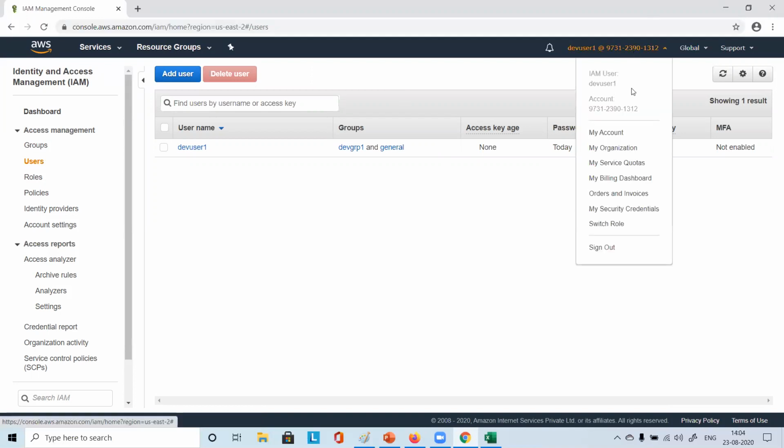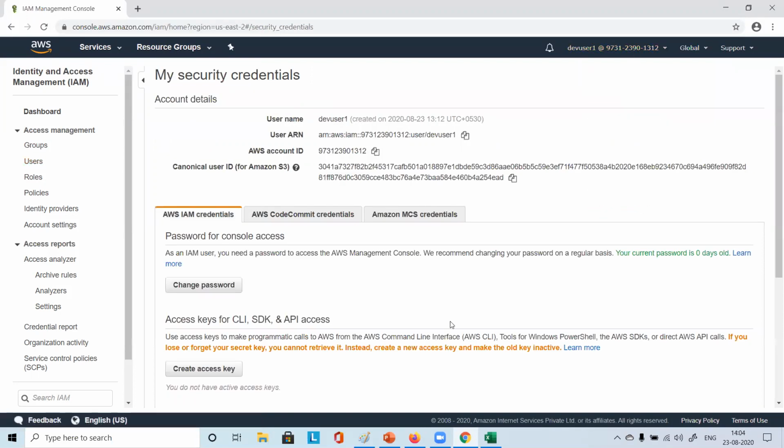He can click here. He can go to My Security Credentials. Now there's no error. It's pretty fast. As soon as we have given the policy and added him to the group, it is working, so it takes effect immediately.